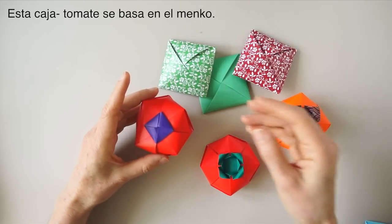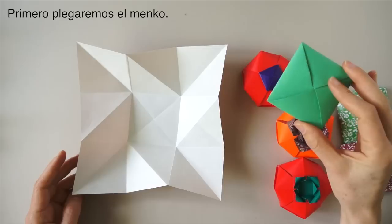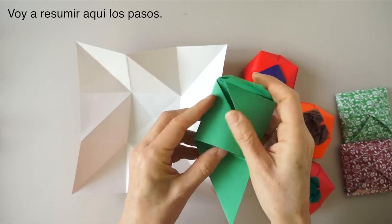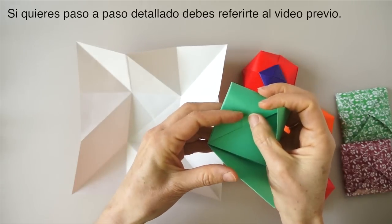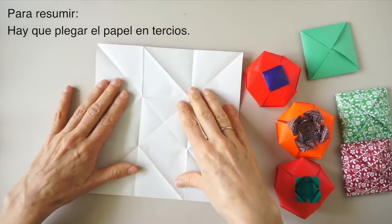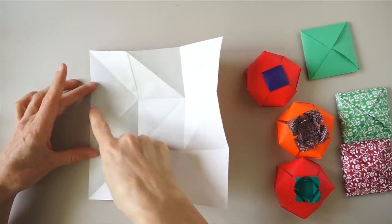This bag is based on this traditional fold. First, we will be making one of these menko. I will make a quick recap on how to make this menko, but if you want detailed instructions, please refer to an earlier video. To recap, what we need to do is to divide the paper in thirds